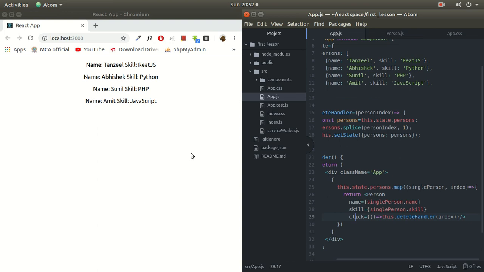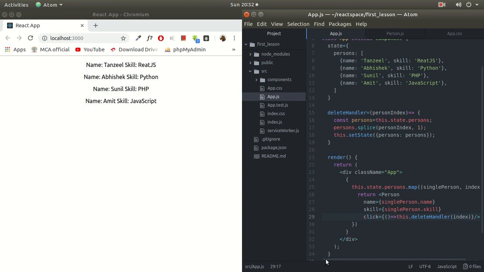In the next lectures, we will try to figure out some more efficient ways, because this method is not recommended. This is never encouraged, because later in the program you must have some other components or functions which are dependent upon this state, and your delete function is creating havoc in this program. It is deleting each and everything according to its own whims. We are actually referring to the same state, persons. Under the hood we are not creating any copy. It may seem that we are trying to